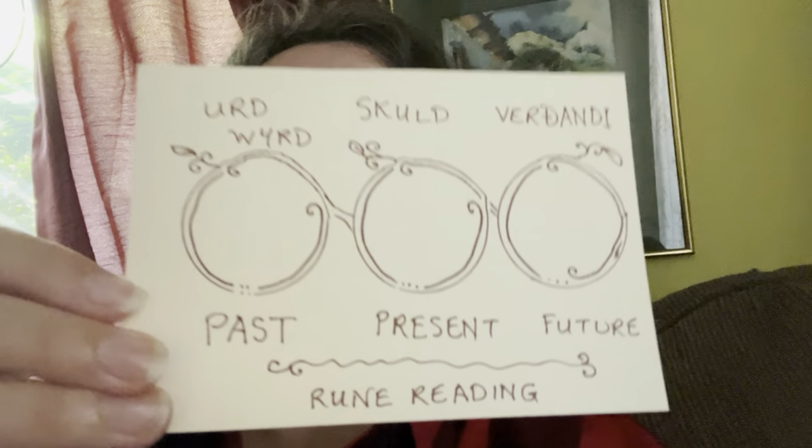So there are various methods you can use. These are just a couple that I like for my readings. So the simplest one is just to have a row of 3 runes that represent past, present and future. So here's a card I made up,